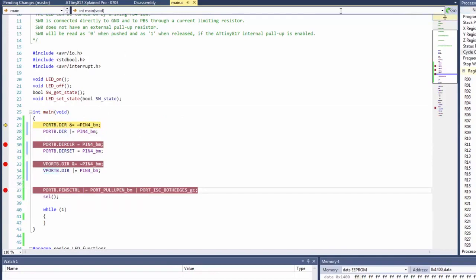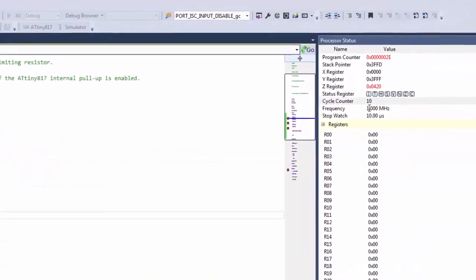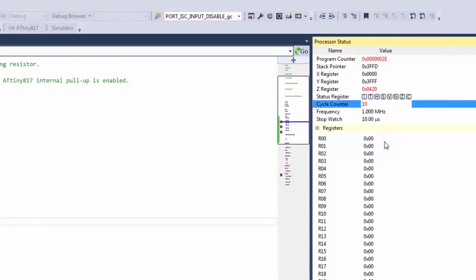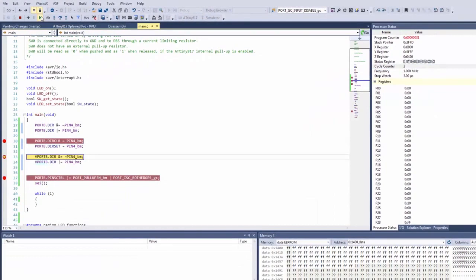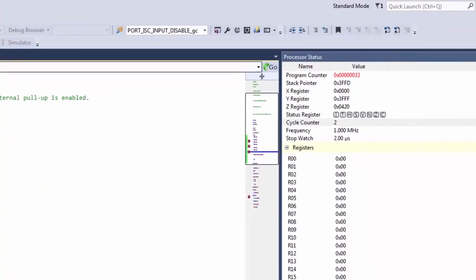So if we now run, we can see that we take 10 cycles here, another 3 using the hardware read modify write, and just 2 cycles using the virtual port registers. So if we had to look at the disassembly view,